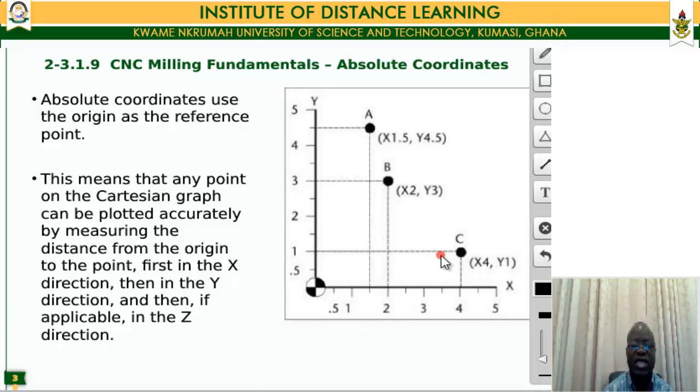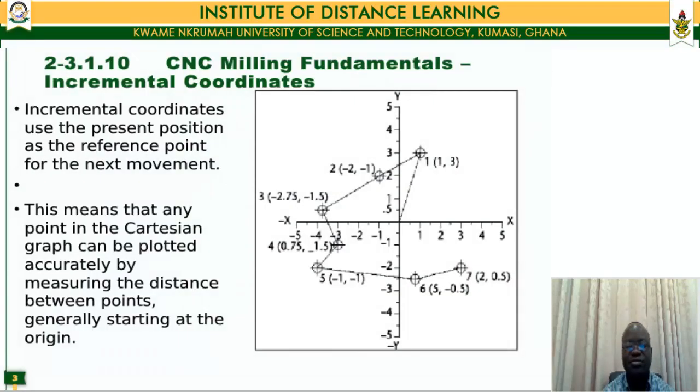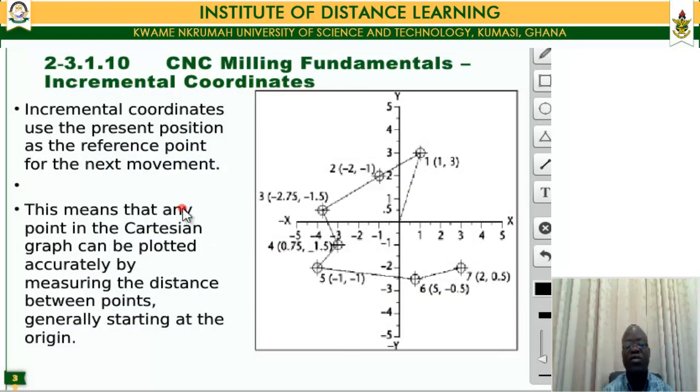That is, it has an absolute coordinate, an origin for all the coordinates. They take an origin from a common point. Right. Now we have the absolute coordinate system. We have what we call the incremental coordinate system. The incremental coordinate system is more like a relative coordinate system. In a relative coordinate system, what you're basically doing is that you have,